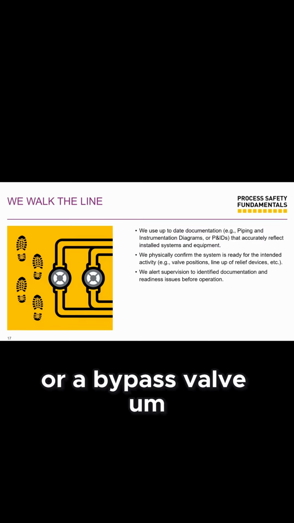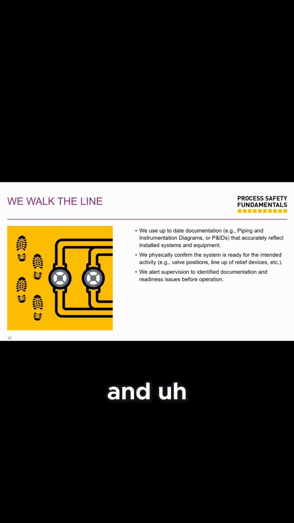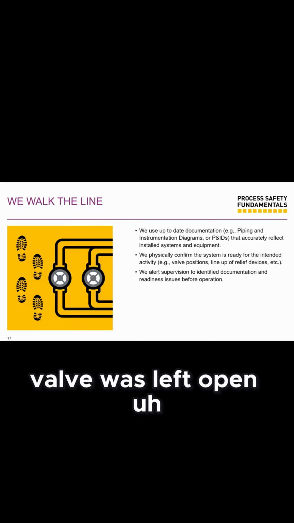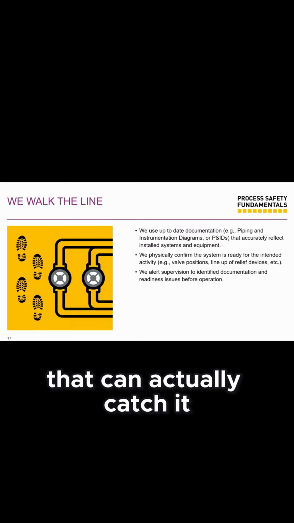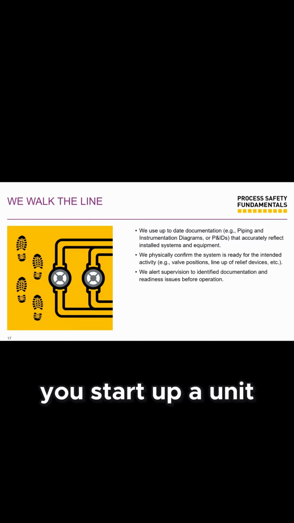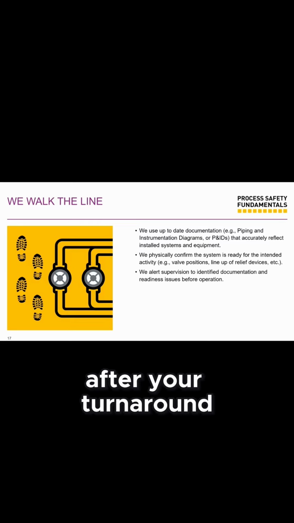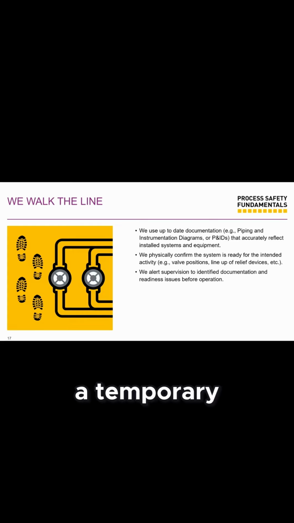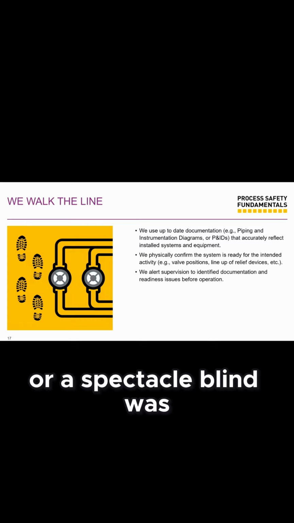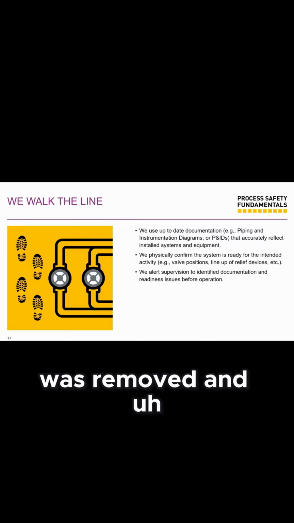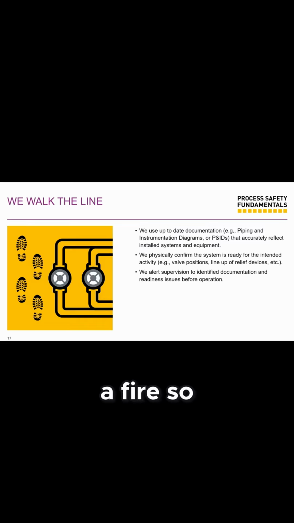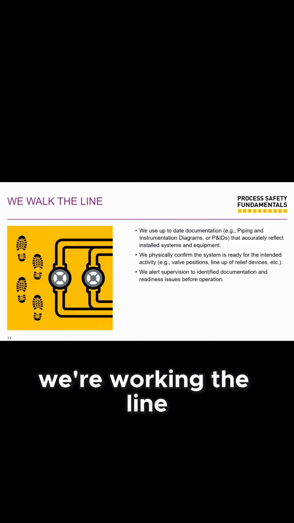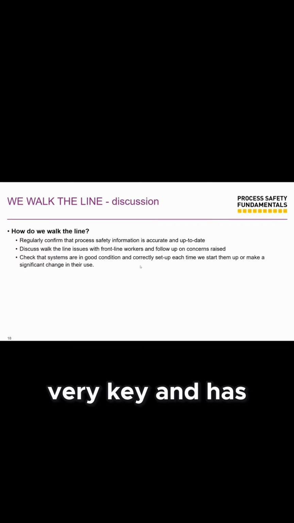Or a bypass valve: you're lining up your pumps, and you find out a bypass valve was left open. During your walk the line, you could actually catch it. Or you do a turnaround and you start up a unit without a walk the line after your turnaround, and then a temporary blind flange is missing, or a spectacle blind was removed from that drain line, and then you have your leak from that line, and then you have a fire. So we want to make sure that we're walking the line before we start a lot of these tasks. It's very, very key, and has